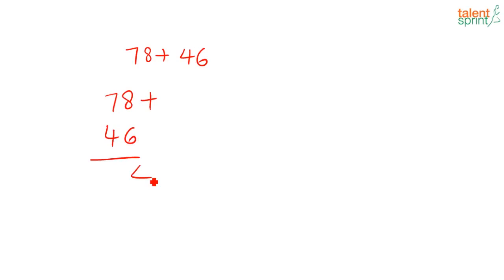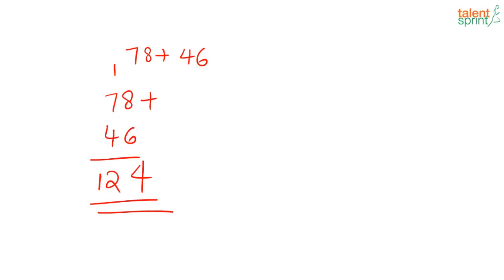So let us take a very basic example, as we were discussing about addition and subtraction. 78 plus 46. Generally, how do you add this? You write 78 plus 46, then we do 8 plus 6 is 14, 1 carry over, correct? 7 plus 4 is 11, plus 1 is 12. Even at times when we calculate this in our mind, we do it in the same fashion: 8 plus 6 is 14, so 1 carry. No, that's not how we should do it.